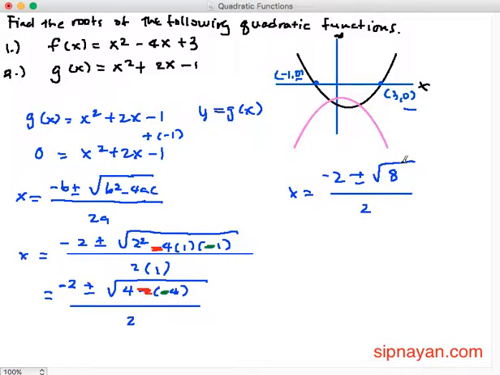Okay? Ang square root of 8 ay pwede natin siyang gawing, para makuha natin, mailabas natin yung perfect square. Ang 8 ay pwede natin siyang gawing 4 times 2, di ba? So, pwede natin lagyan ng negative 2 plus minus square root of 8 is 4 times 2 over 2, which is equal to, anong square root ng 4? That's 2, di ba? So, magiging